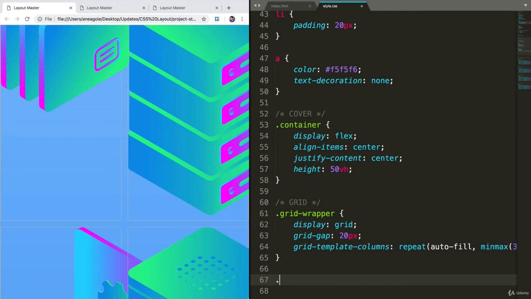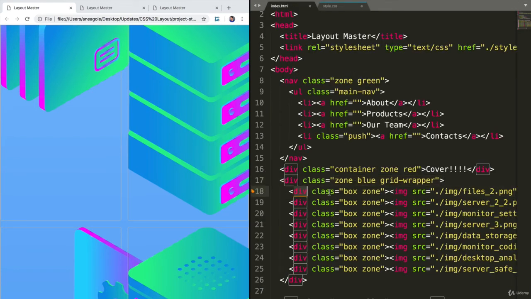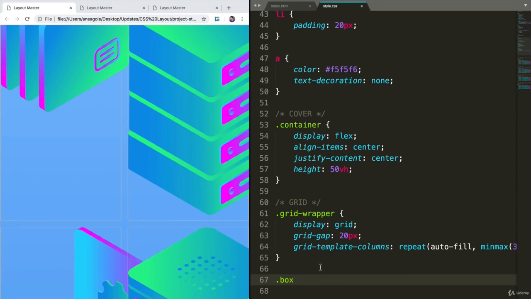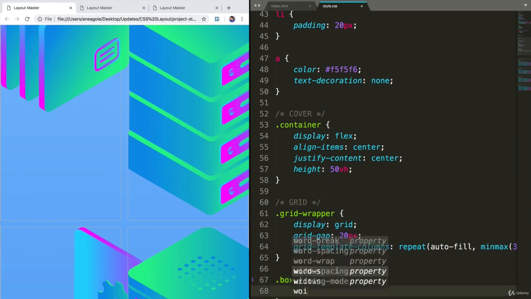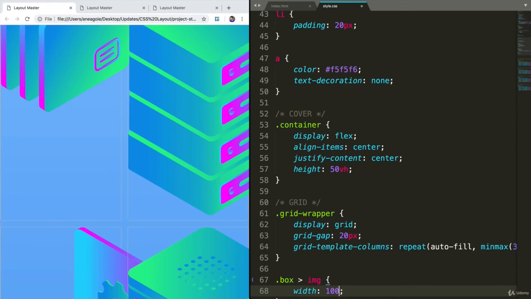In our case, we can just say box, because remember, each div has a box class that we haven't really said anything about, and then an image. So using our CSS selector knowledge, I can just say all children of box that are images, I want the width to be 100%. If I save and refresh,